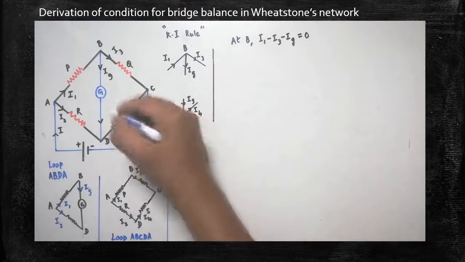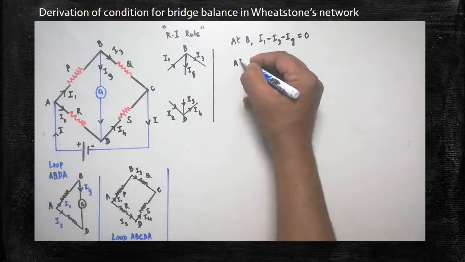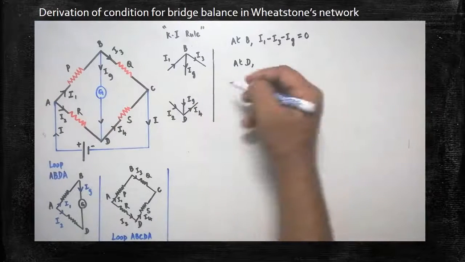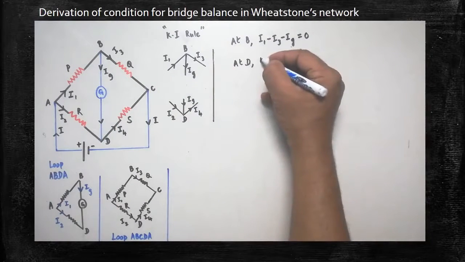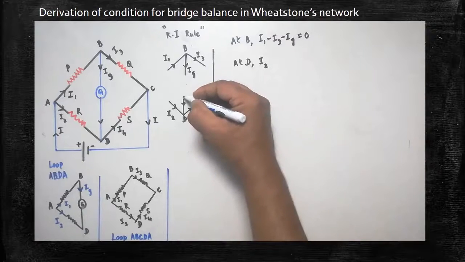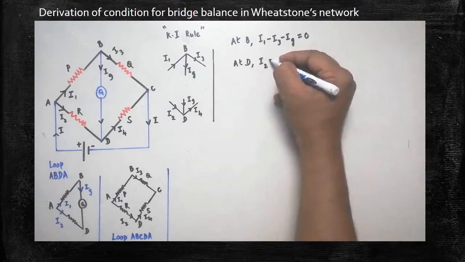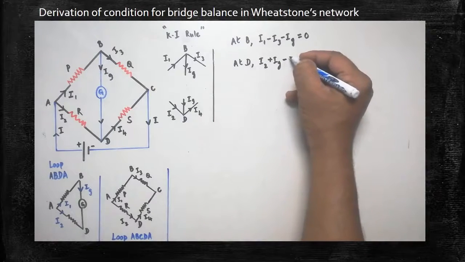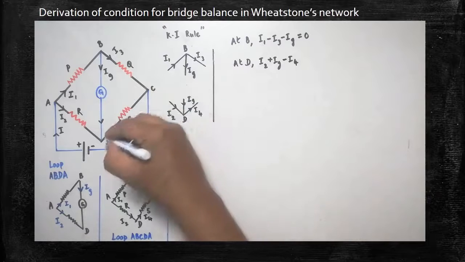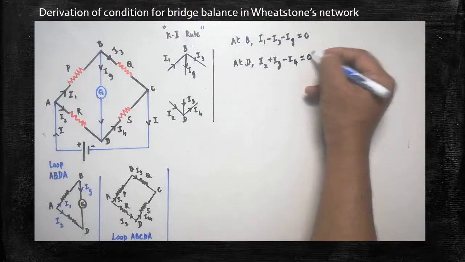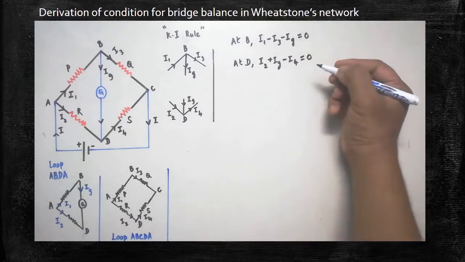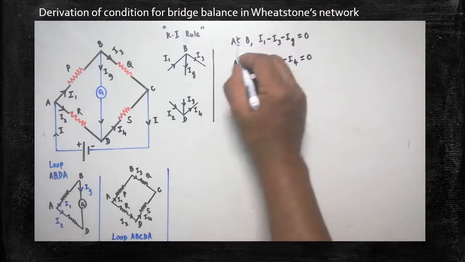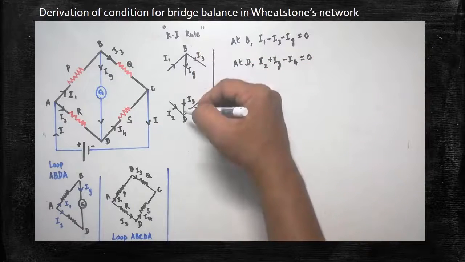Again one more junction is there at the bottom. At D I am going to apply the same Kirchhoff's first rule. It is magnified here. The current entering the junction is I2, and the current entering the junction is Ig, therefore plus Ig. This is the current leaving the junction, therefore minus I4. Finally at D the value is 0. The algebraic sum of the currents meeting at any junction is 0, that's why I have written this. Therefore Kirchhoff's first rule is applied at both junctions.